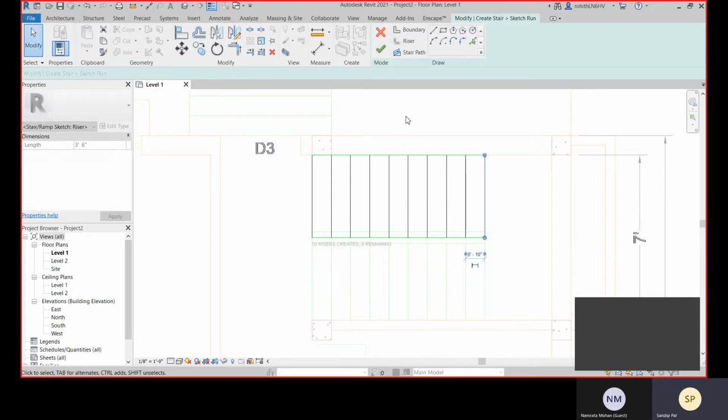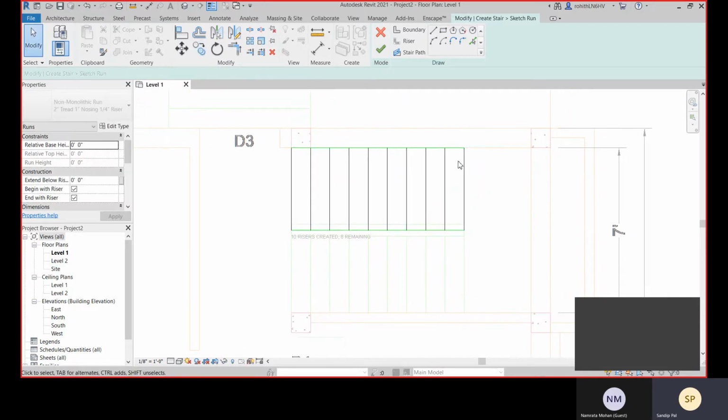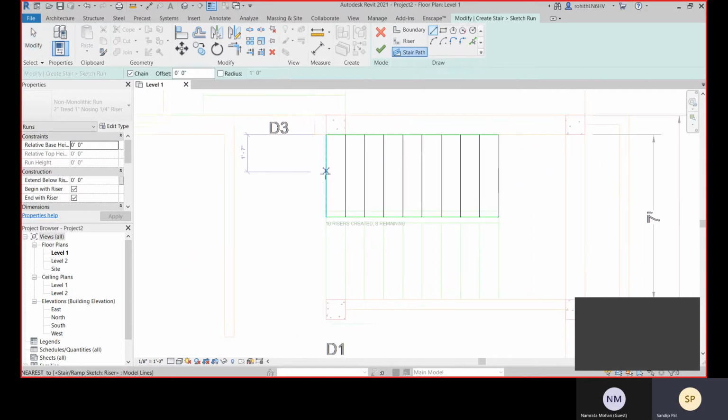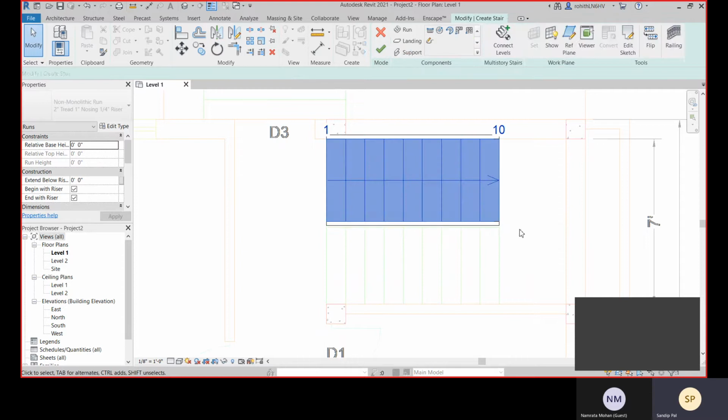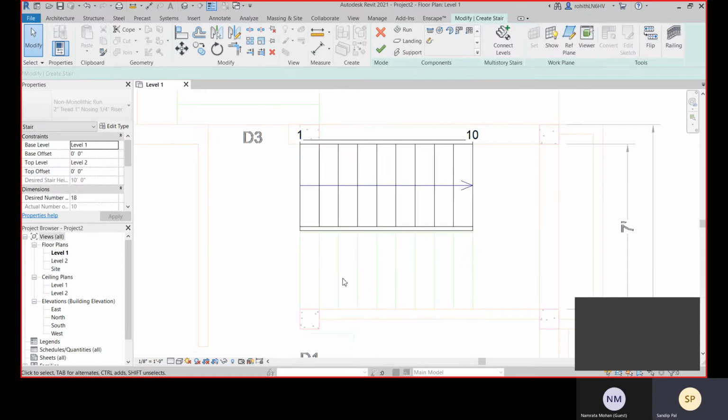All right, now this half is completed, and if you want to define the stair path, you can define it. Now you can see this is the up direction. Okay, now for this one I will make the error first.